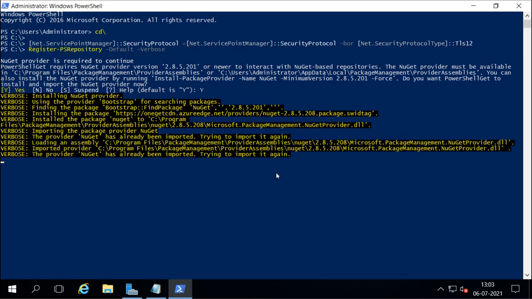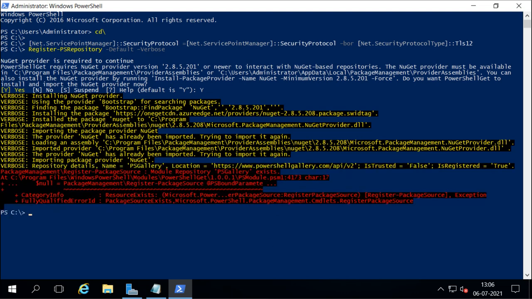It is required to continue, so you say okay, yes, I want it, and it is now installing it. It will take a little time, and it is going to download it from the internet. That is why we need an internet connection there.